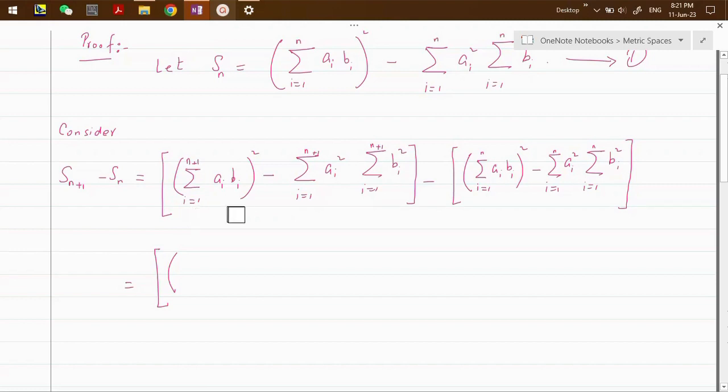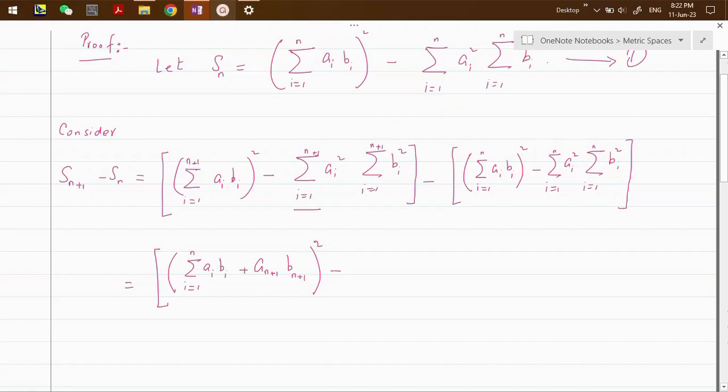The first term consists of n terms and the second term consists of an plus 1 bn plus 1. So we have summation i from 1 to n ai bi plus an plus 1 bn plus 1 whole square